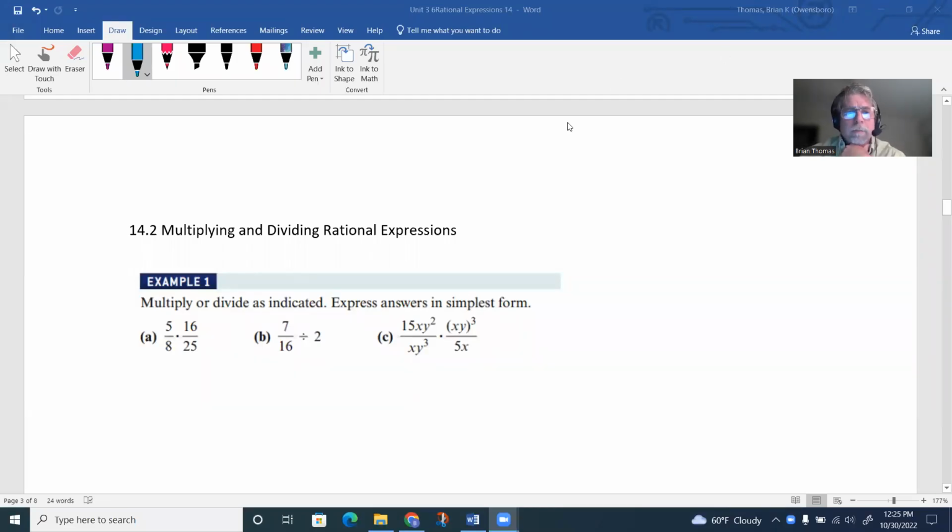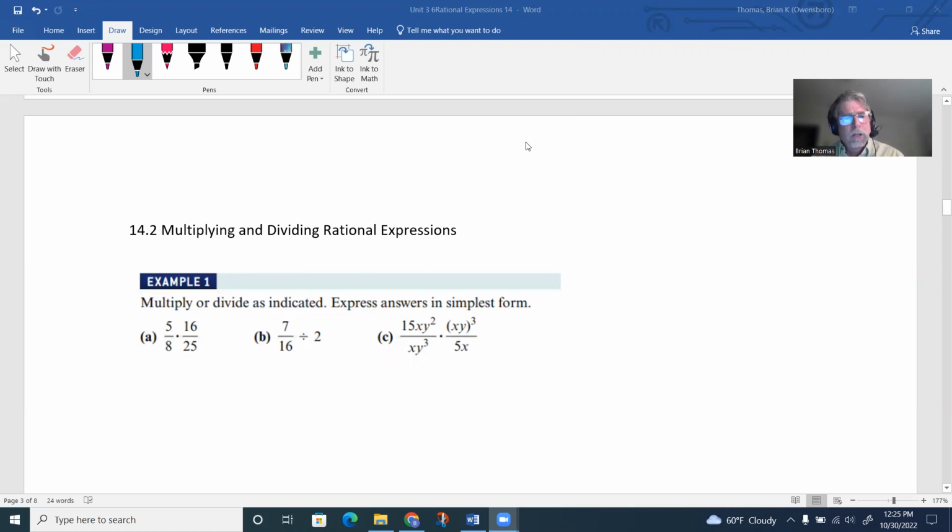So next we'll look at multiplying and dividing rational expressions. In other words, like multiplying and dividing fractions. Again, you remember that one of the keys to multiplying fractions was actually reducing before you multiply straight across. So before we multiply straight across, recall that we want to look for common